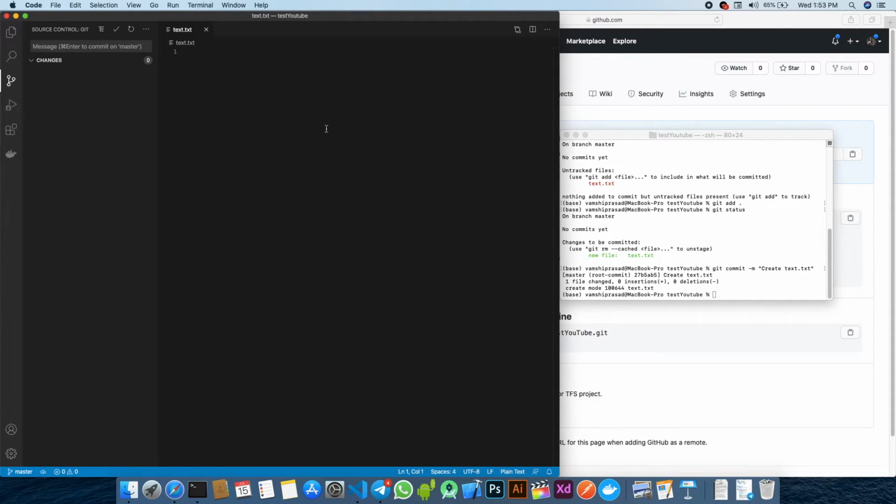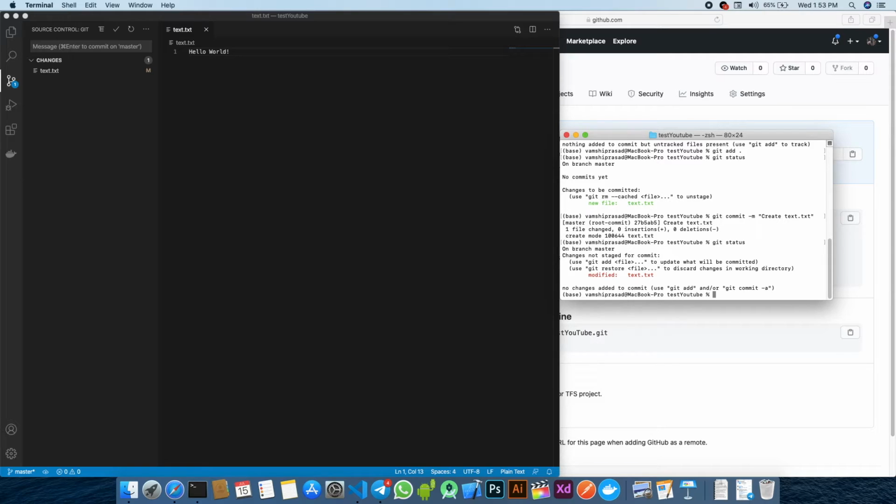Now let's go ahead and edit this file. Let's say hello world, and until I save it, nothing is going to change. So I'm going to save it now. You can actually see that it is being reflected here under changes. I can see text.txt. I can run git status here, and I can still see it there. It says modified text.txt. I can again go ahead and add the files according to the command, or I can click on this button and type in